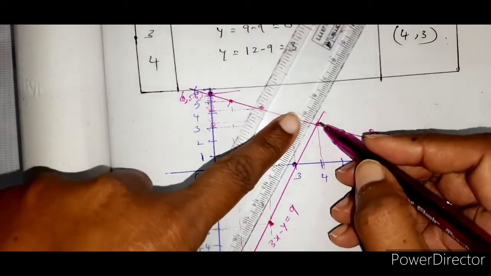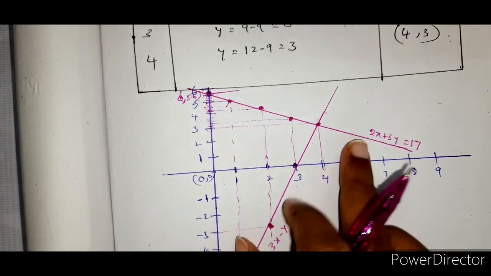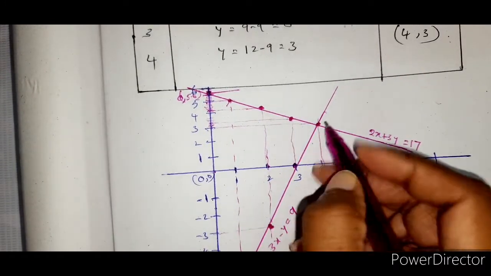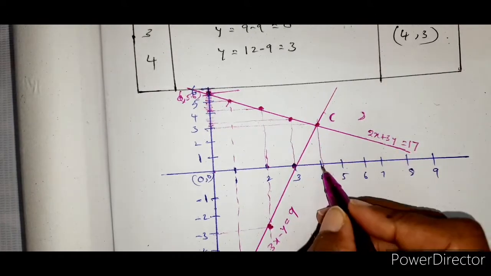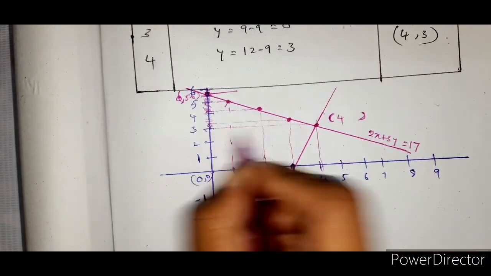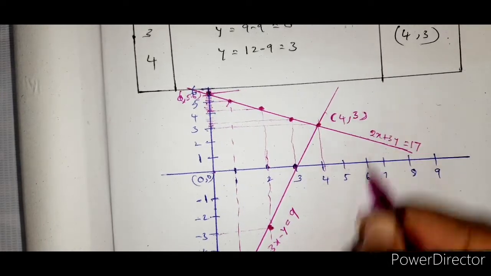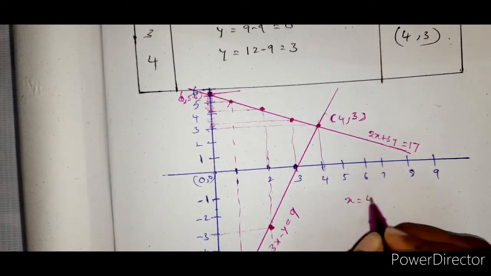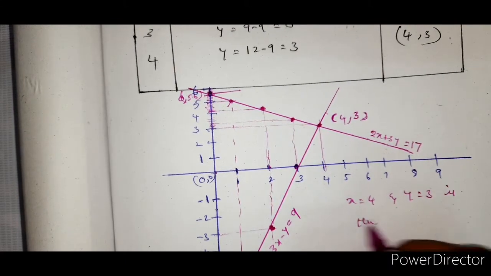So you can extend the line. No need to end it. Don't end it here first of all. Extend it. Okay, so these are the two lines. Now the point of intersection gives you the result, that is the x comma y point. So what is the x value? 4. What is the y value? Yes, 3. So what is the solution for this one? Right, so x is equal to 4 and y is equal to 3 is the solution